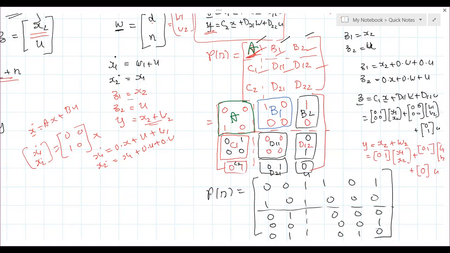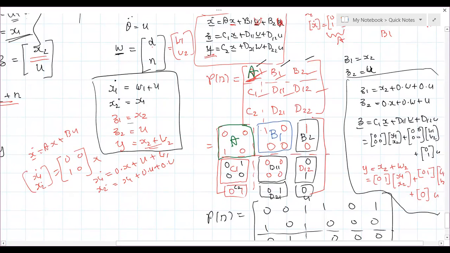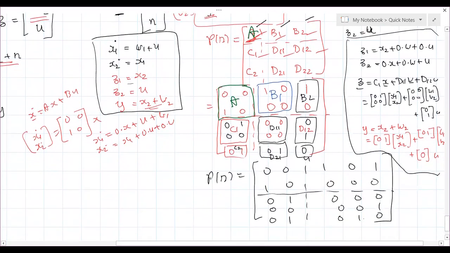Yes, sir. Okay. Now we will go to MATLAB, because you cannot do it just by hand. So just note down this matrix first of all, okay? Did you note down this matrix? Please note down these equations, and then these things, how we are bringing it into standard form. The P of S is this thing. Make a note of it. Done? Yes, sir.